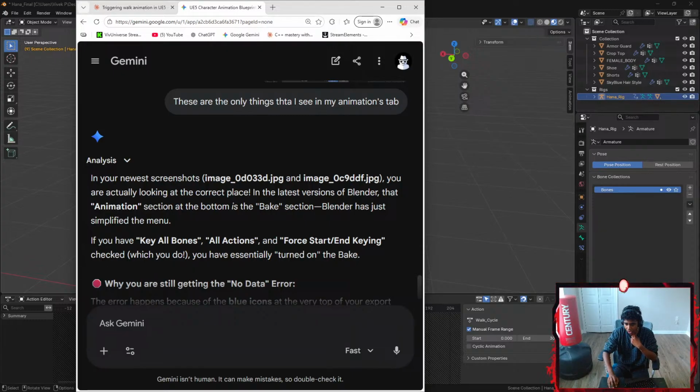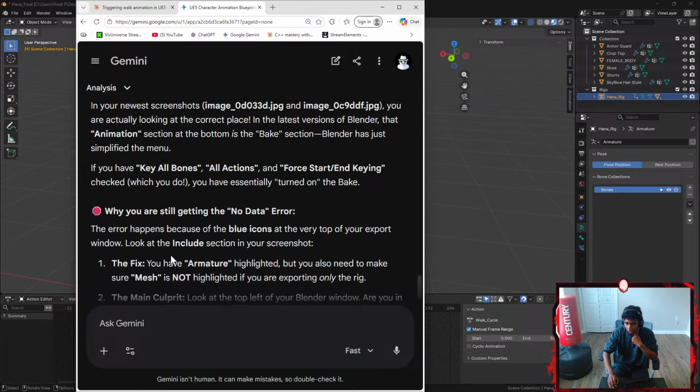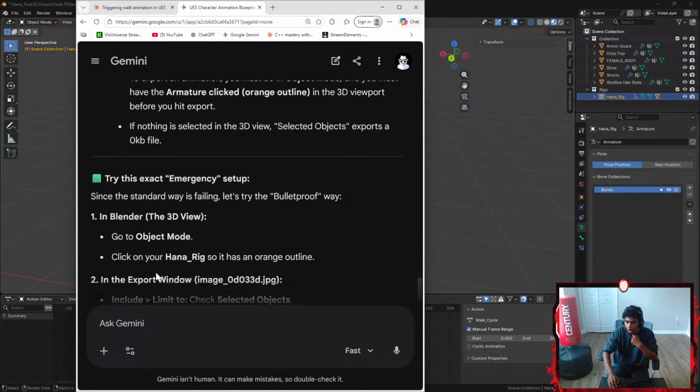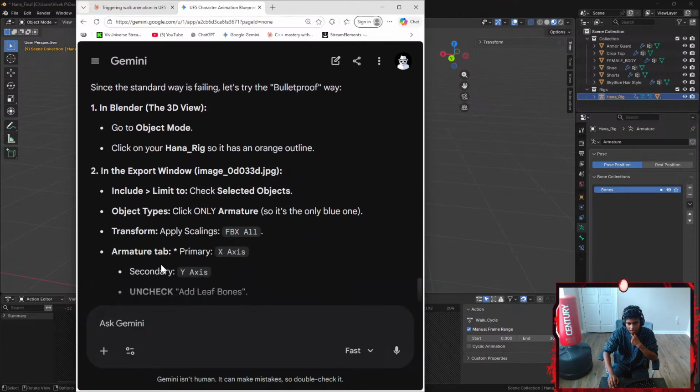Okay, which you do, you have essentially turned on the bake. Why are you still getting the no data error? Fix your armature. Honestly, last time I didn't have. Try this emergency setup. Go to object mode, click your hand underscore bake, so it has an orange outline,